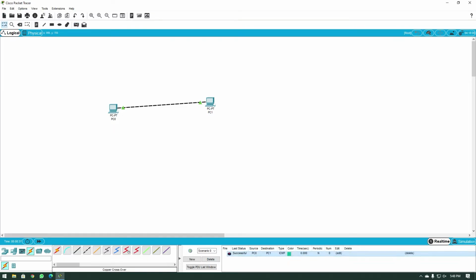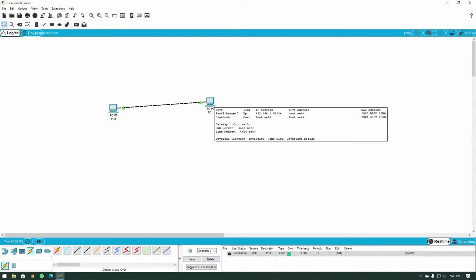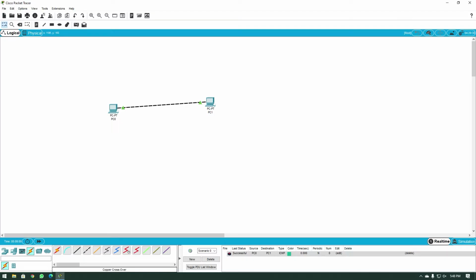And then at the bottom over here, you will see that the packet was able to go successfully from PC0 to PC1, and it was an ICMP type of packet, maybe it's a ping packet, and then it was all successful. So now we were able to establish a successful route from this PC to this PC. Now, what do we do if we want to add another PC to this network?